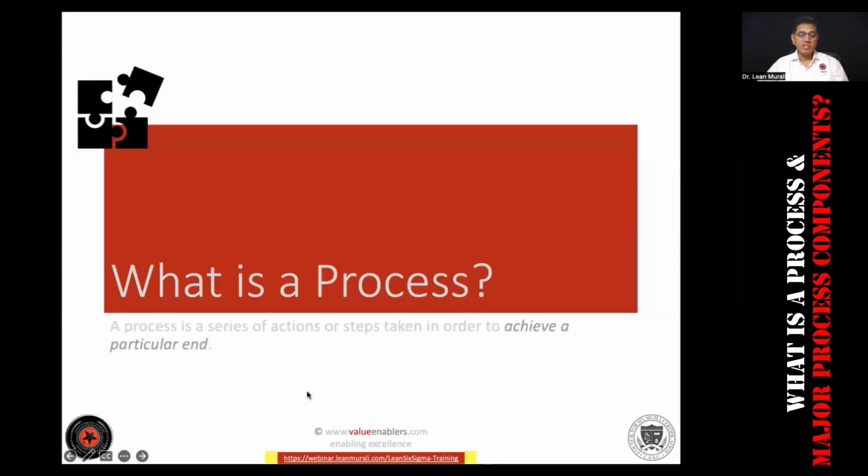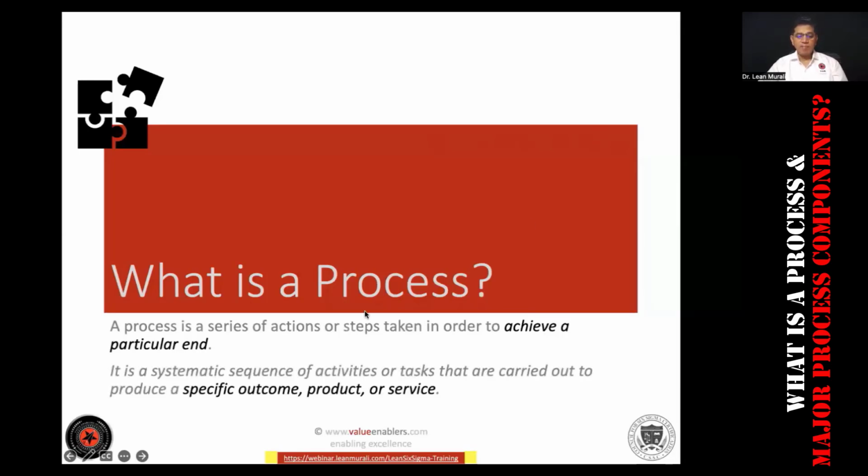What is a process? A process is a series of actions or steps taken in order to achieve a particular end, to get a particular outcome. It's a systematic sequence of activities. I'll repeat, it's a systematic sequence of activities or tasks that are carried out to produce a specific outcome,